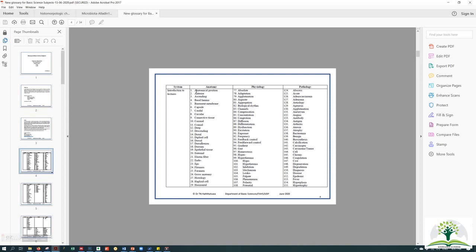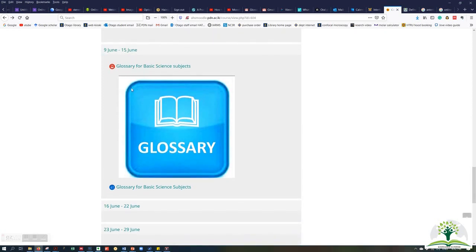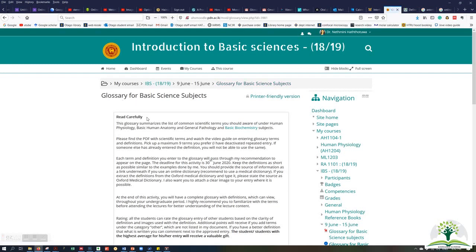To demonstrate how to do it, I'm going to use the term anatomical position, and I have already entered the definition into the glossary. Underneath this glossary PDF, you will see another link, Glossary for Basic Science Subject. Click on that, and there's a huge note that you must read, unfortunately.